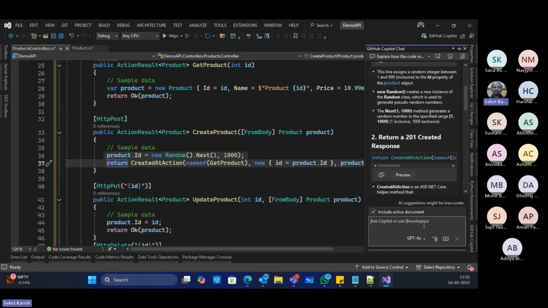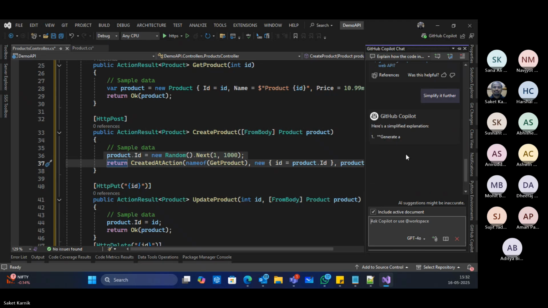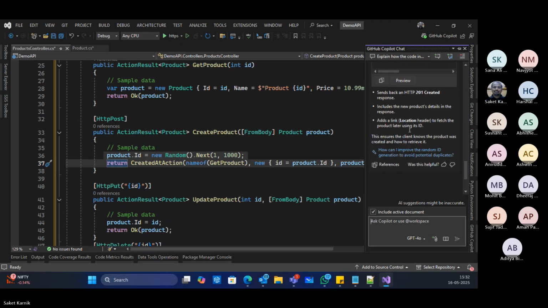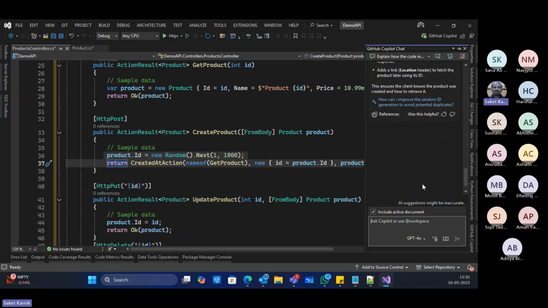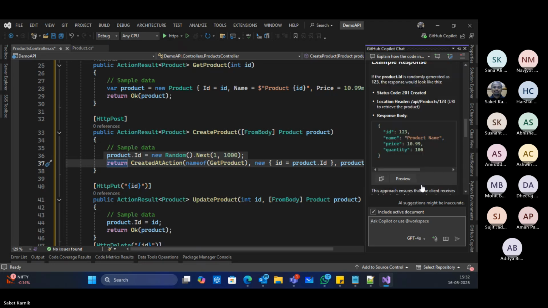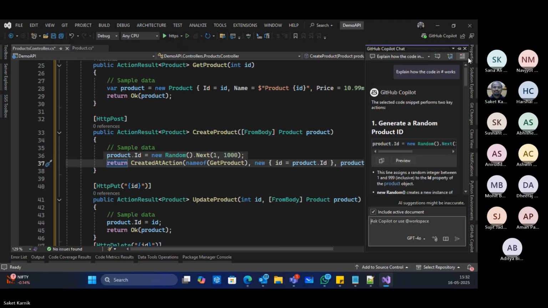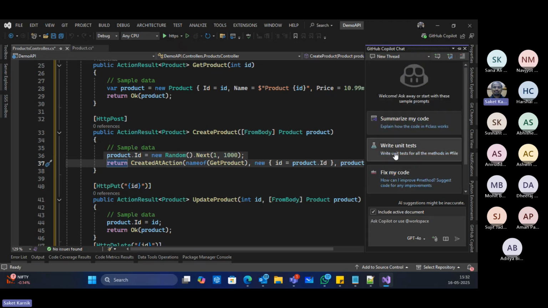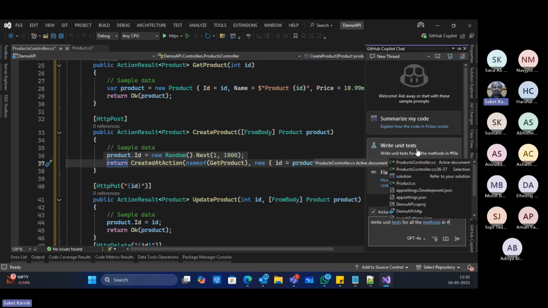Just like I'm talking to someone, right? It will take my inputs and it will just do the job. See, the language changes, right? And then we do have the option of write unit test cases also.